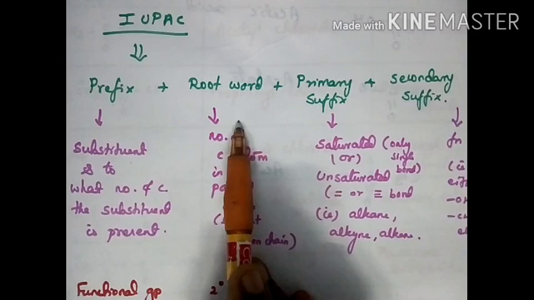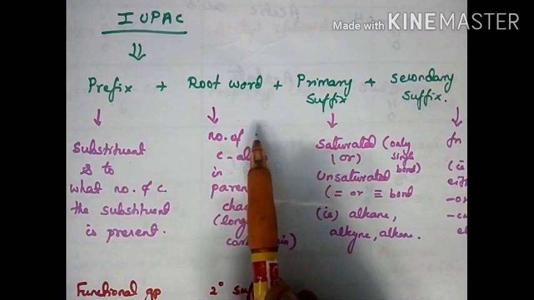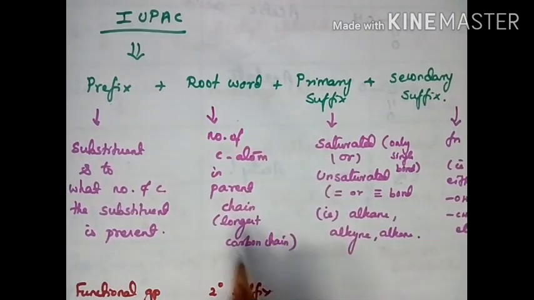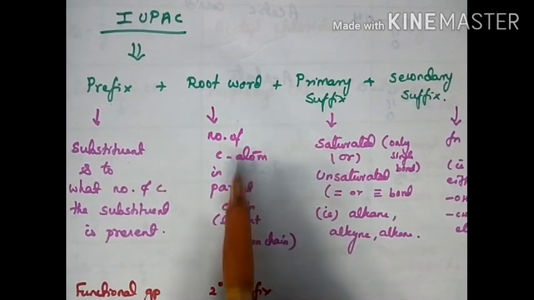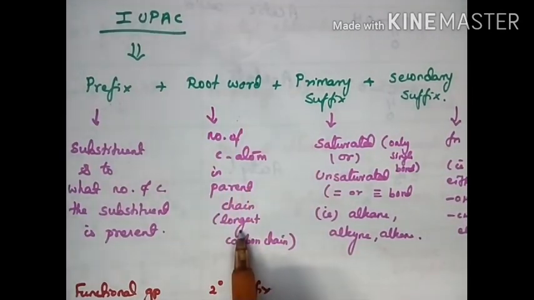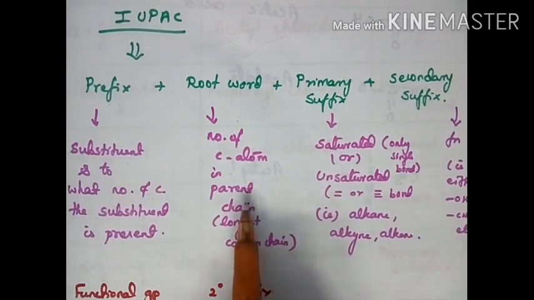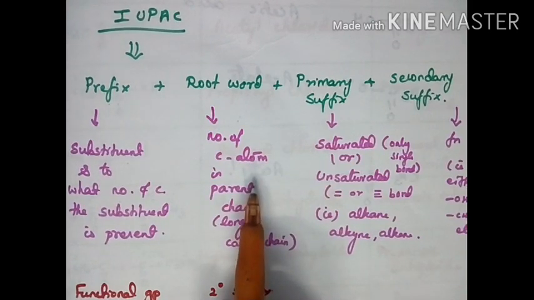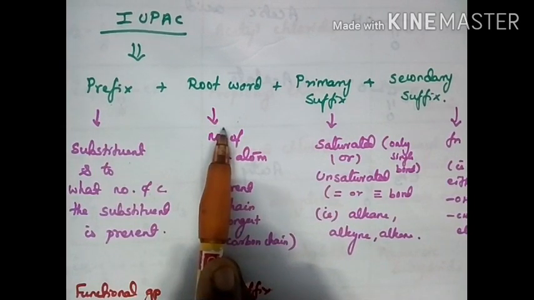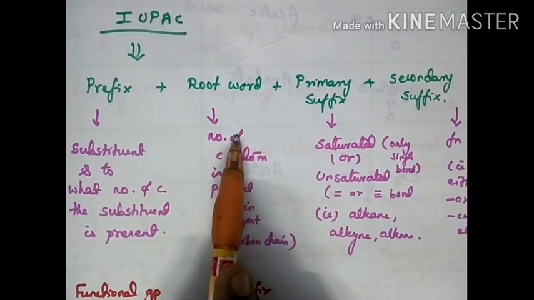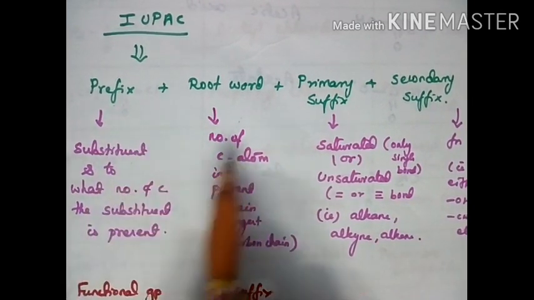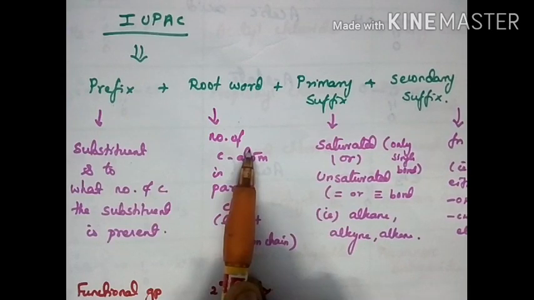And the next is root word. Root word means how many carbon atoms there are in the longest chain, which is considered as the parent chain. Root word means find out the longest carbon chain in a compound and consider that as the parent chain. If there are 4 carbon atoms, it is called butane; 5 means pentane. But, pent, that is a root word. 4 carbon means but, 5 carbon means pent. So first you have to write the substituent along with the carbon to which it is attached, and the next, whether it is but, pent, prop, etc.